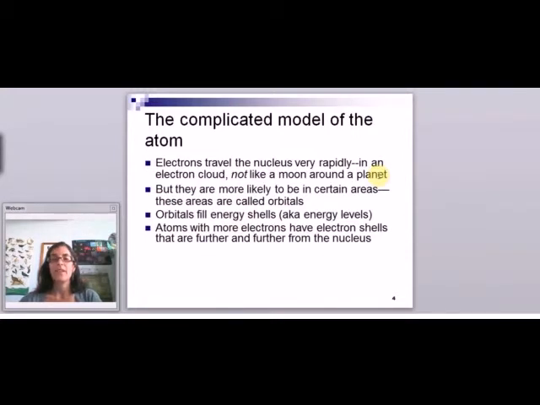In reality, it's a little more complicated, of course. We're not going to spend a lot of time on this, but just to give you an idea, if this is my nucleus here, with some protons and some neutrons clumped together in my nucleus,